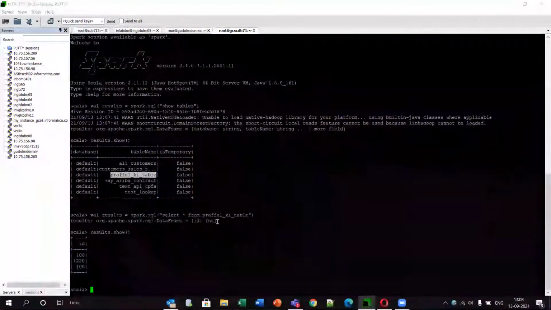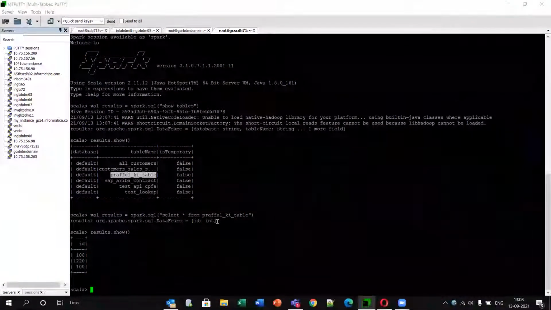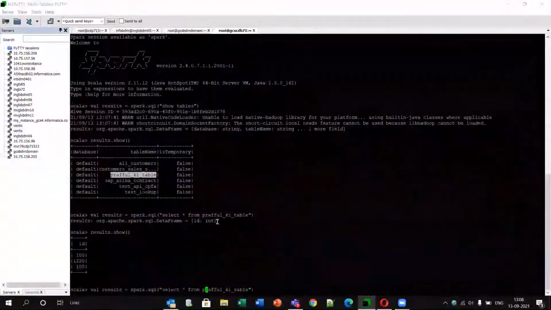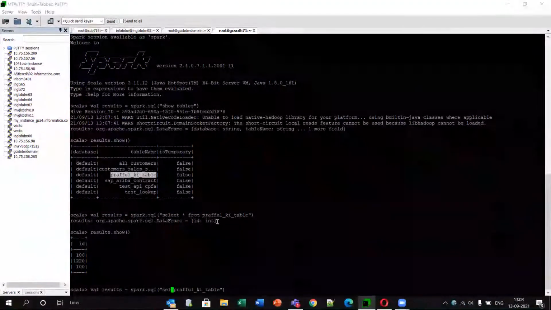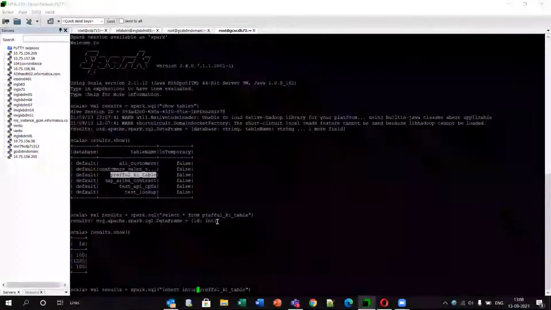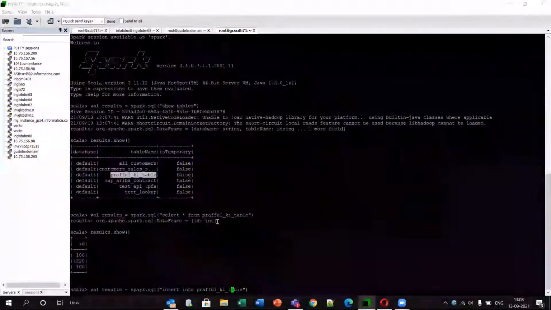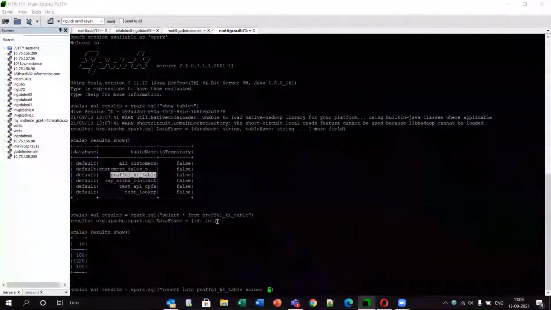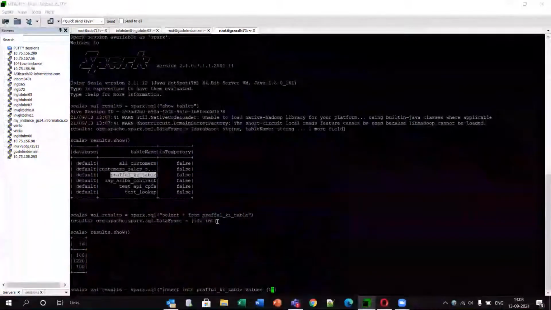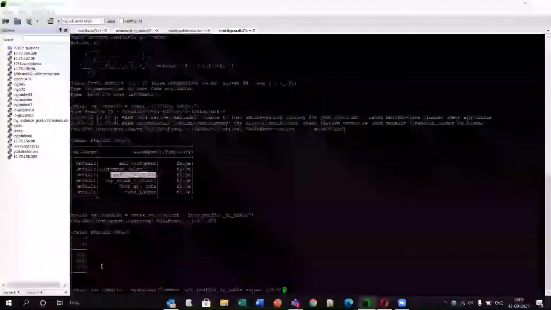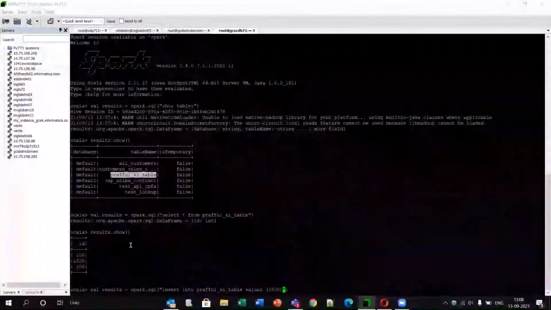Also, if you want to insert a record into the table, then we can use an insert statement as well. Insert into table name values. I'm giving 1500. So now it had 100, 12, 20 and 100. Now I'm passing 1500.